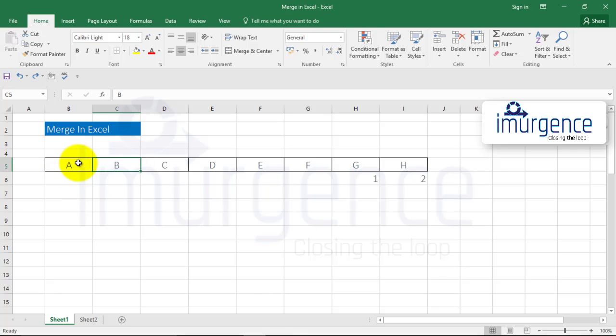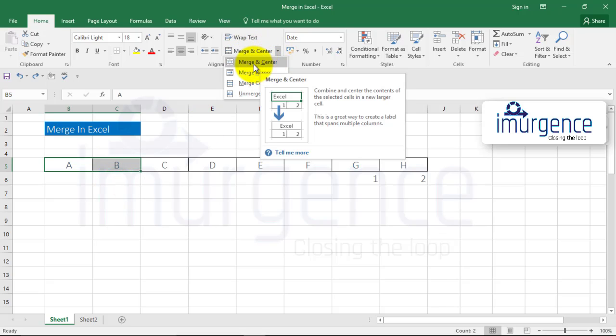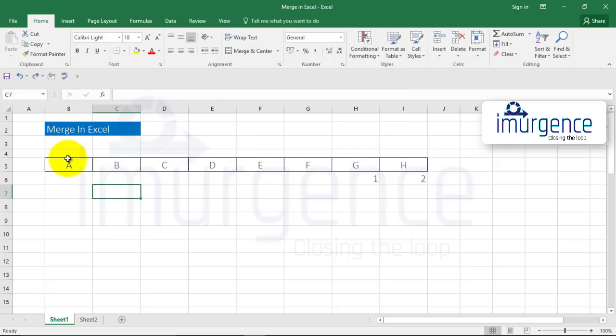See, we have these two cells, right? A and B. We can merge these two together by going over here and clicking on merge and center. It combines and centers the content of the selected cells in a new larger cell. This is a great way to create a label that spans multiple columns. All right. So for example, I want to say